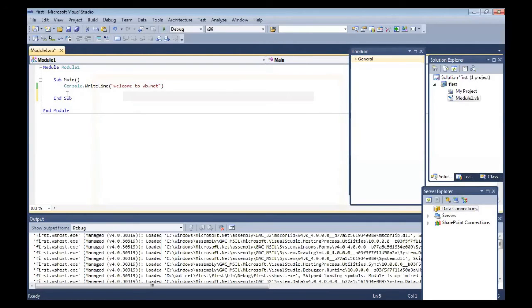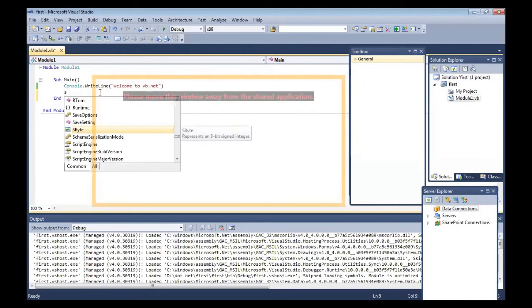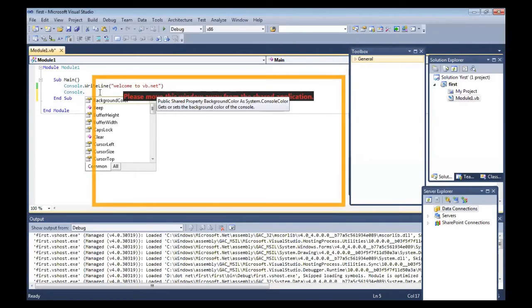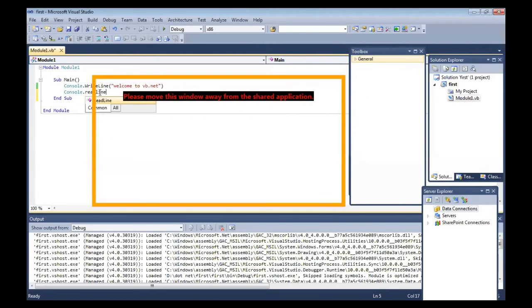The second command you need to write is console dot read line. Console dot read line is the command. That command will wait to display the output of the write line command.